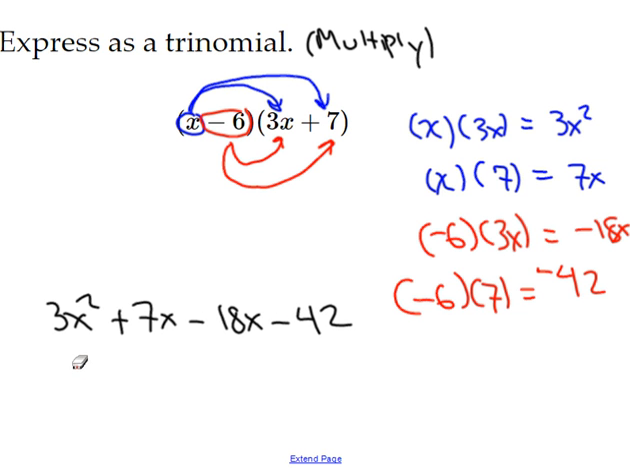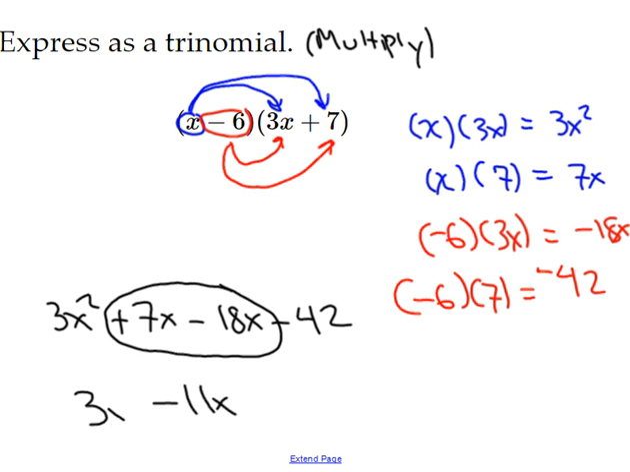So now you combine the like terms. So the like terms are these two terms right here, the 7x and the minus 18x, and you combine them, you get negative 11x, so subtraction sign. So that's going to give us 3x squared minus 11x minus 42. That is our